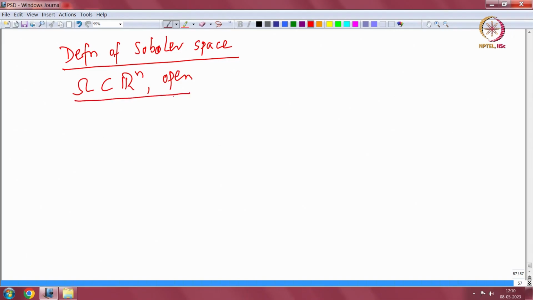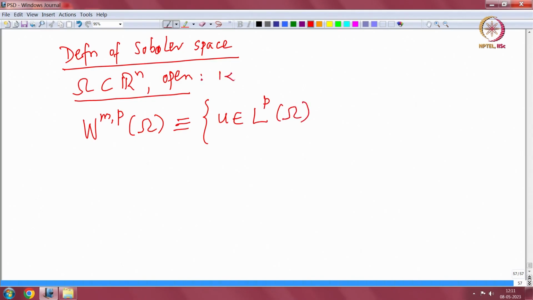So this W^{m,p}, this is standard notation. This is the definition: the set of all u in L^p omega, where for the definition you can include infinity, and m is a non-negative integer,